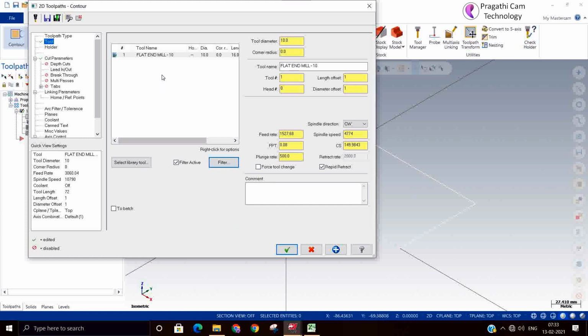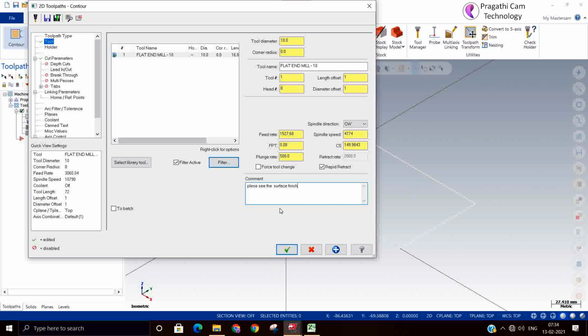So here there is a comment field. In this comment you can give any information if you want to give it to the programmer. So this will come as a comment in the program. Just we have given a comment: after machining, check the surface finish.